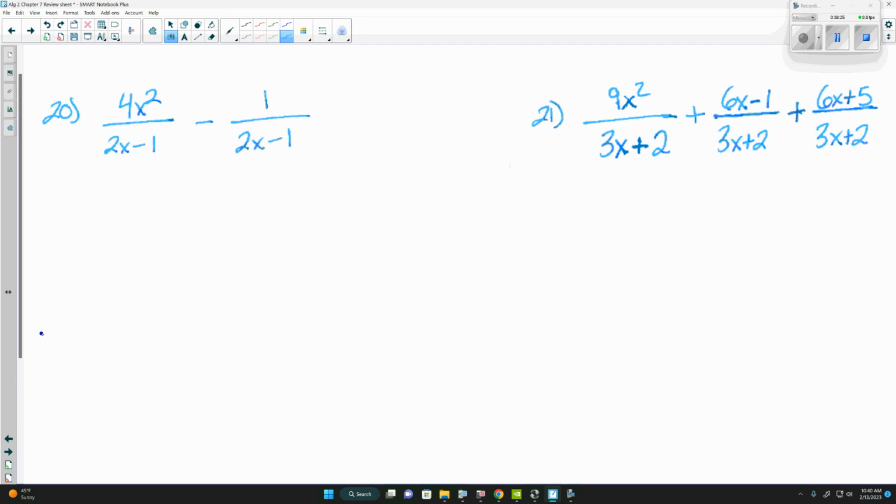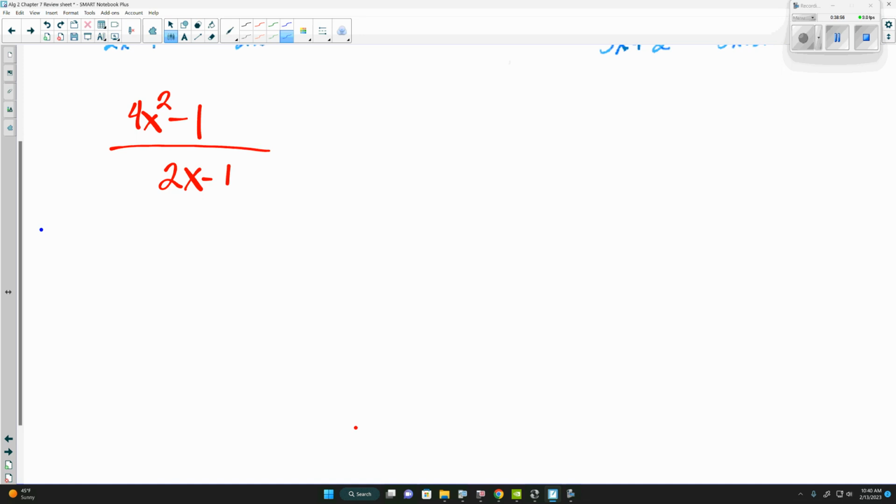When adding or subtracting, the denominators have to be the same. If the denominators are the same, we can add or subtract the numerators. So here, both of the denominators are 2x minus 1. So we can go on and just subtract the numerators, which means we're doing 4x squared minus 1. We're subtracting those two numerators. Is 4x squared and 1 like terms? No, so we can't subtract them. But they are difference of perfect squares. We will pick up this